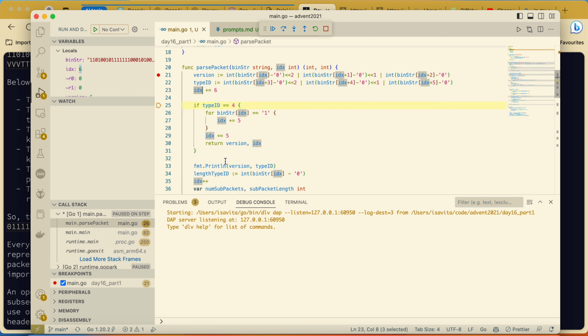Somewhere I should check if I'm 1 or 0. Okay, I do this checkup here because I'm checking if I'm type 4. Let me see what I'm doing when I'm a packet type 4.